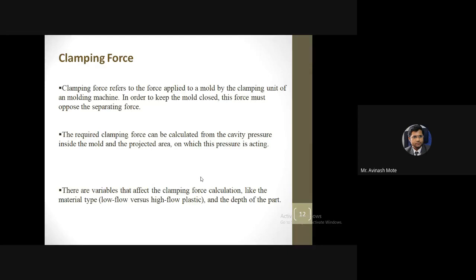In that case, we need not apply high pressure from the top through the plunger, and the clamping force will be less. So even the range of temperature has an effect on the clamping force. Not that much, but it will have an effect.